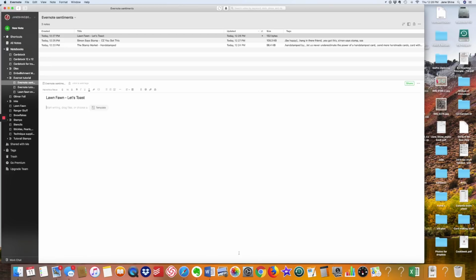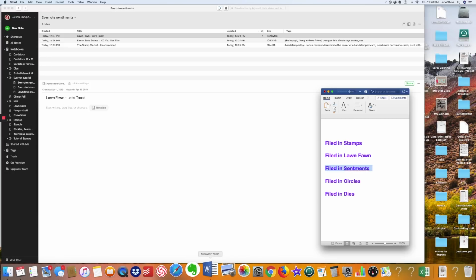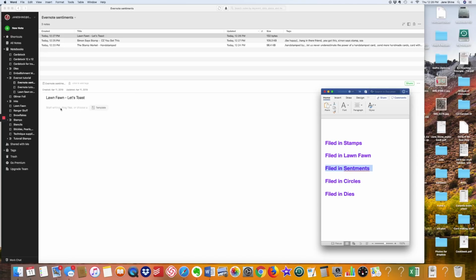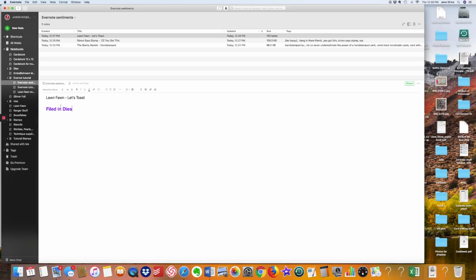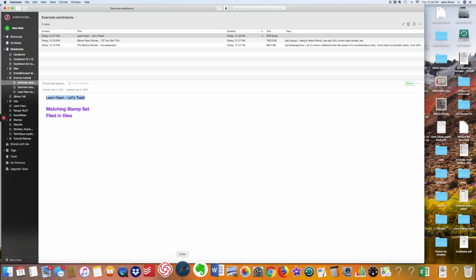So I want to go back to Microsoft Word, and I'm going to call, this is going to be a die, Control-C, Control-V, okay? And then I'm also going to say, return up, matching stamp set. These are a matching stamp set. So I'm going to go to Lawn Fawn. I'm going to highlight this again, go back to Safari,